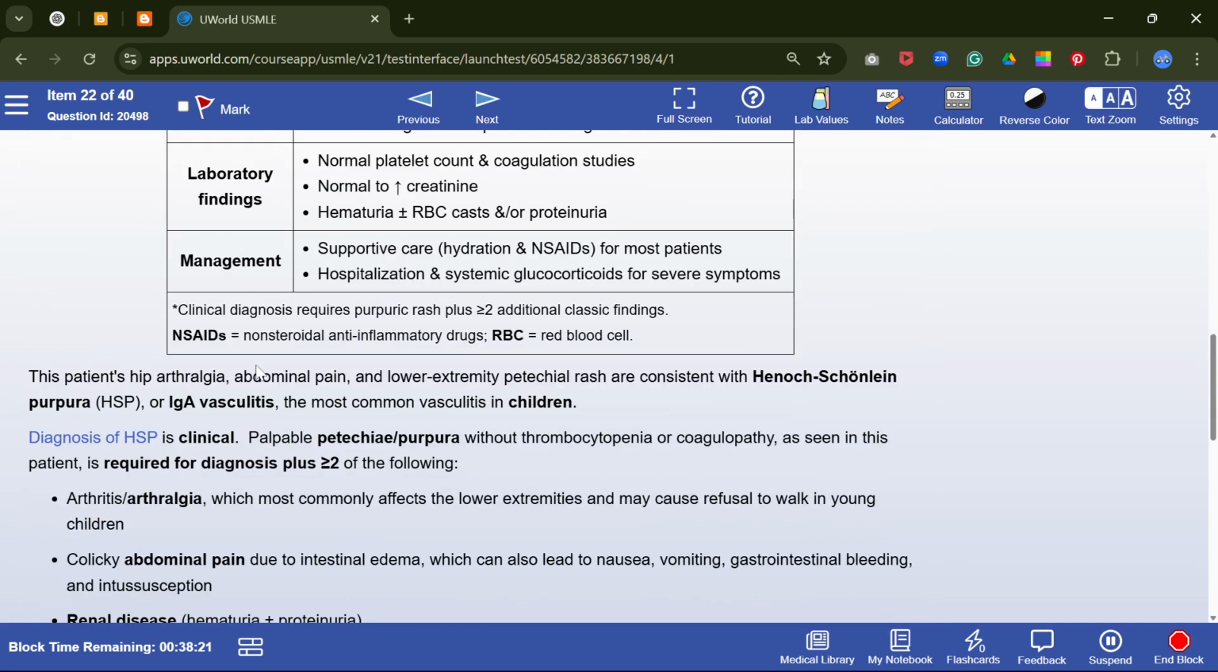These patients with hip arthralgia, abdominal pain, and lower extremity petechial rash are consistent with HSP, or IgA vasculitis, the most common vasculitis in children. Diagnosis of HSP is clinical: palpable purpura without thrombocytopenia or coagulopathy, as seen in this patient, is required,